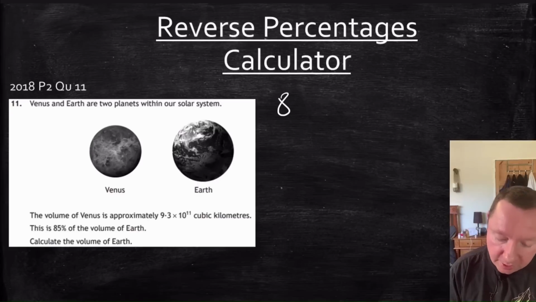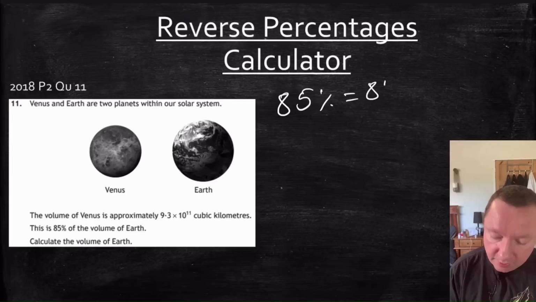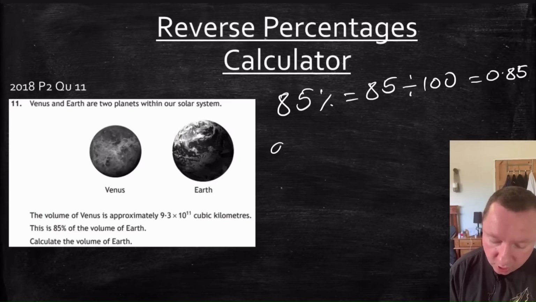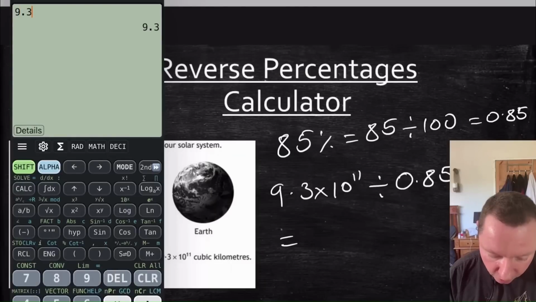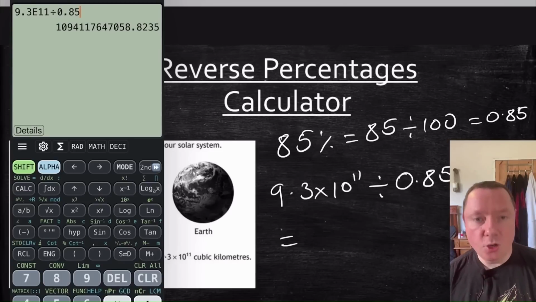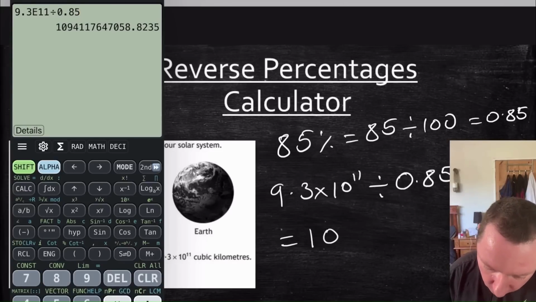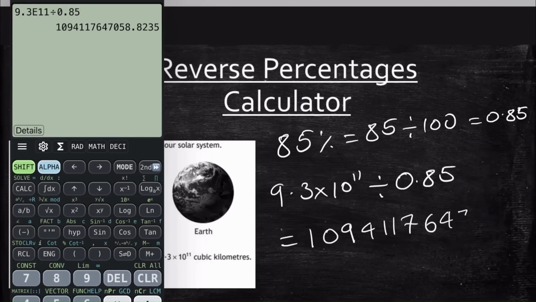Okay. So 85%, change that to a decimal. 85 divided by 100, 0.85. So we now just take our number, 9.3 times 10 to the 11, divided by 0.85 to get back up to 100%. 9.3 times 10 to the power of 11, divided by 0.85, and we get a huge number. So we've got 109,411,76,470,58.82